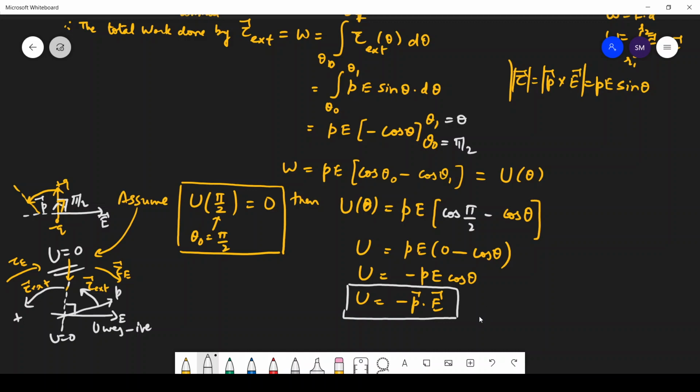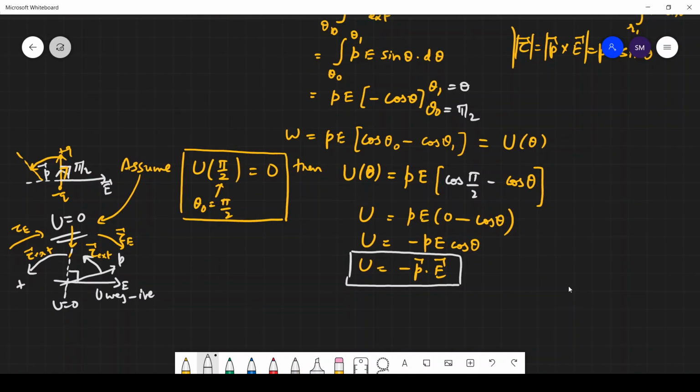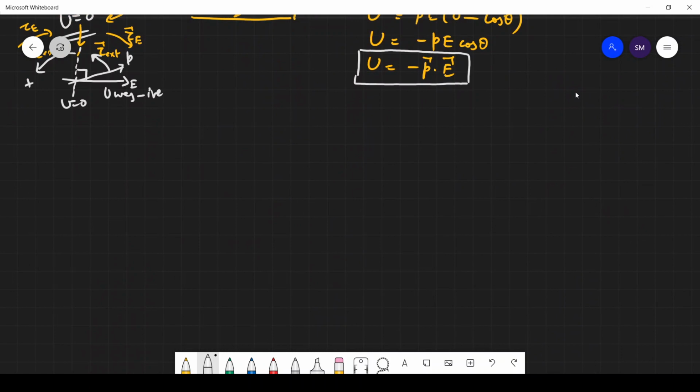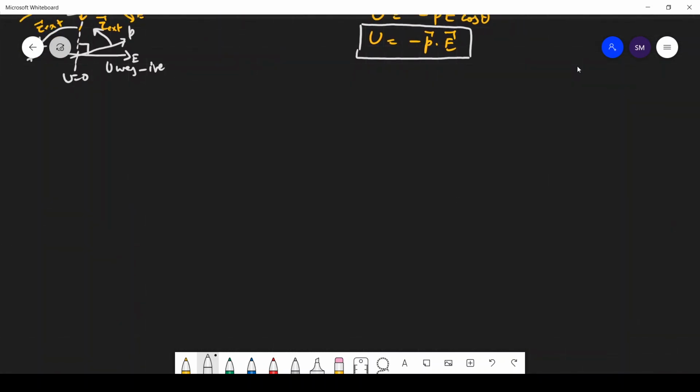Students, a very important concept that comes in the exam is stable equilibrium, unstable equilibrium, and where the energy is 0. So let us understand the concept. Tau is equal to P cross E, and U is equal to minus P dot E. Let us see when theta is equal to 0, theta is equal to 90 degrees, and theta is equal to